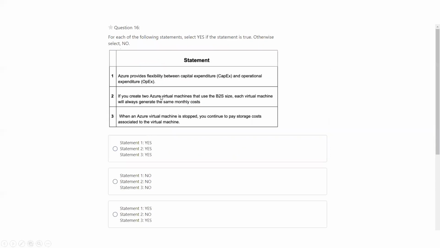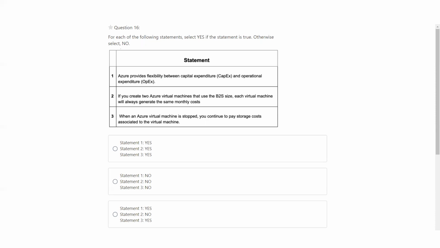Again, a true or false question. Azure provides flexibility between CapEx, also called capital expenditure, and operational expenditure, OpEx. That's true. It gives the flexibility because when you are moving from on-premise to Azure, you can partially keep some of the services on-premise and move some of the services into Azure.